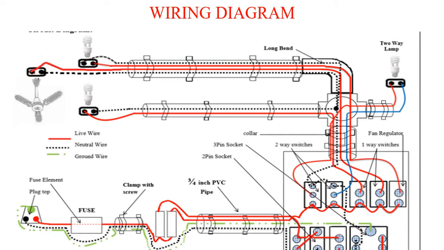We know that the phase wire will flow through the fuse and the MCB, and then it is given to the 2-pin indicator. From the 2-pin indicator we can take the phase connection for any switches or any 3-pin socket or any 2-pin sockets. Then the neutral wire is connected to the 2-pin socket. From there we can connect to the 3-pin socket and to any switches.